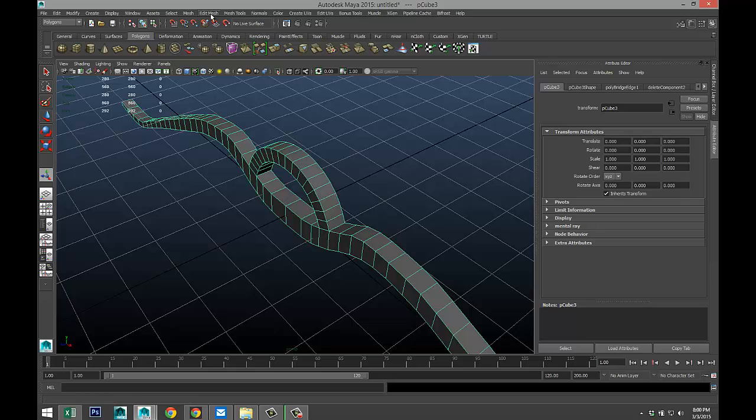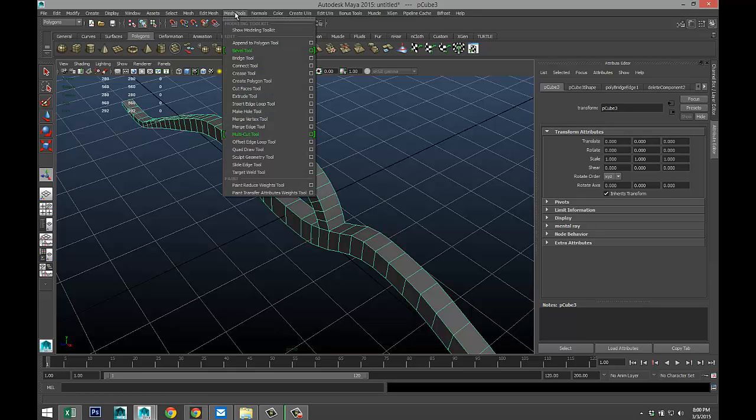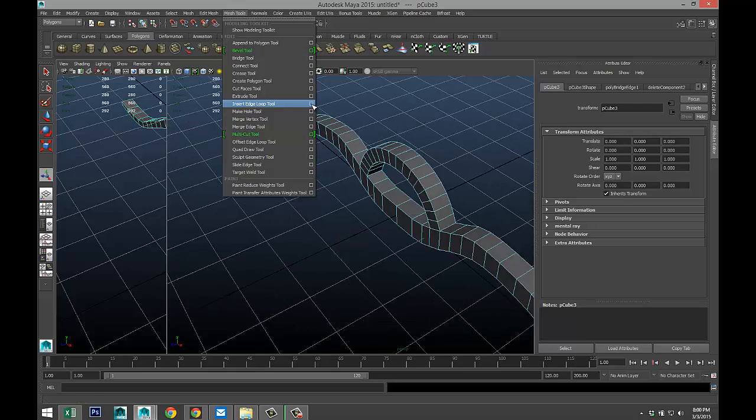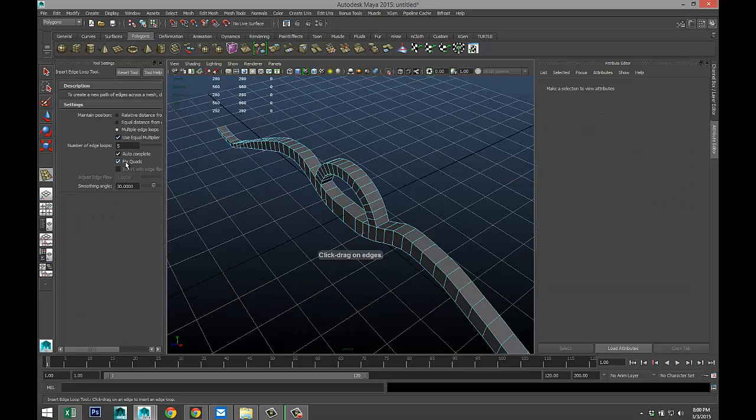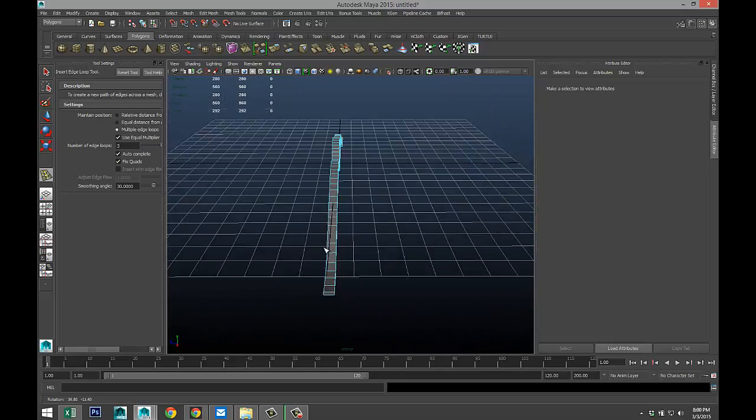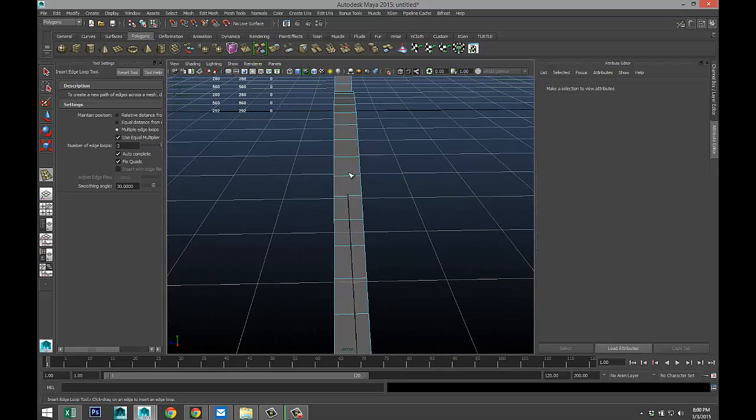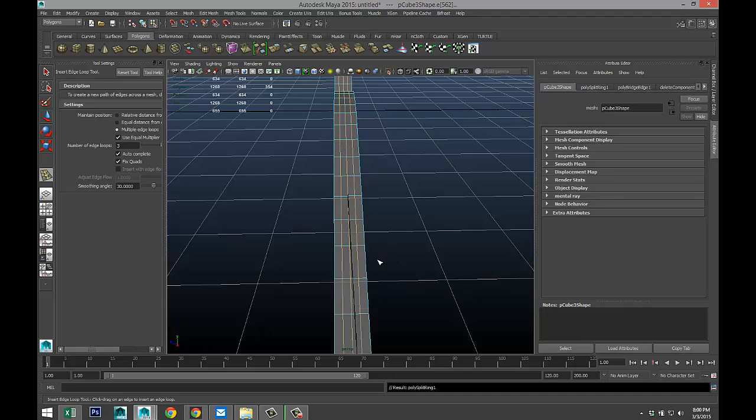So we're going to go to Mesh Tools, Insert Edge Loop Tool, Option Box, Multiple Edge Loops, and we'll do 3. Let's zoom in and add 3 right there.